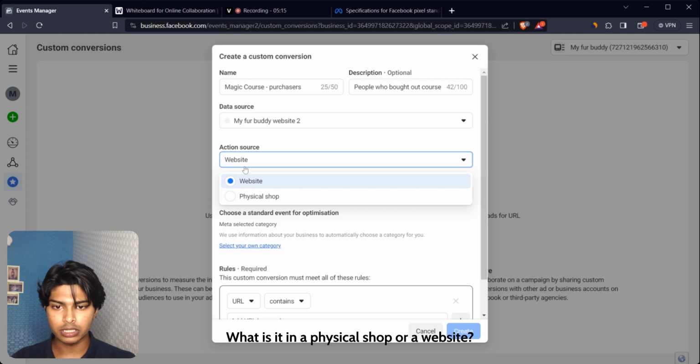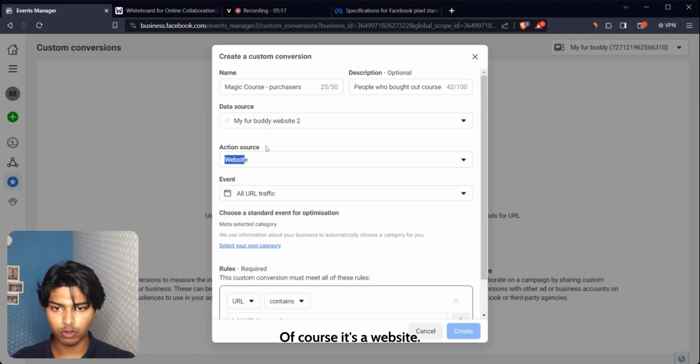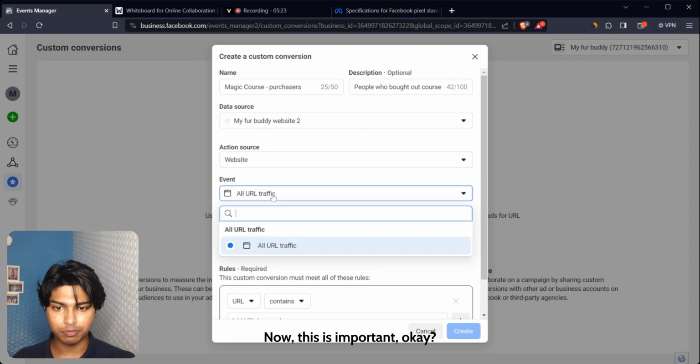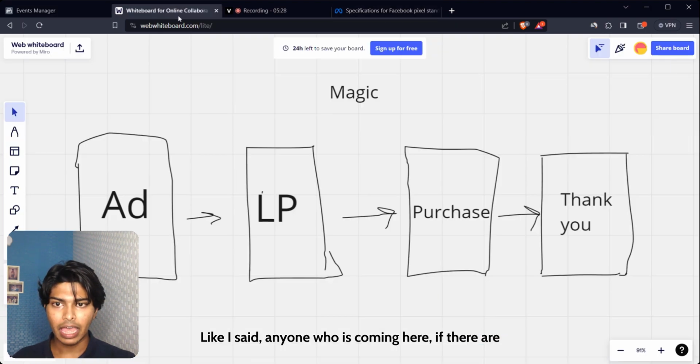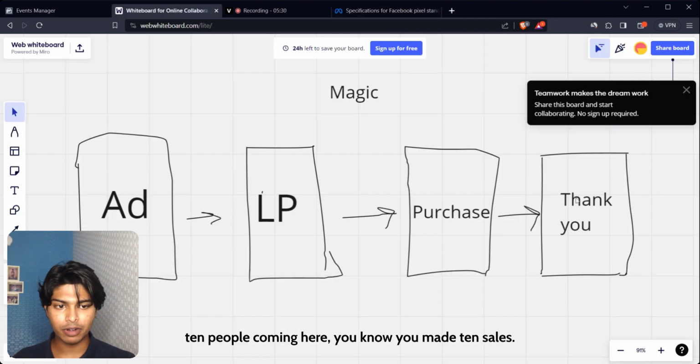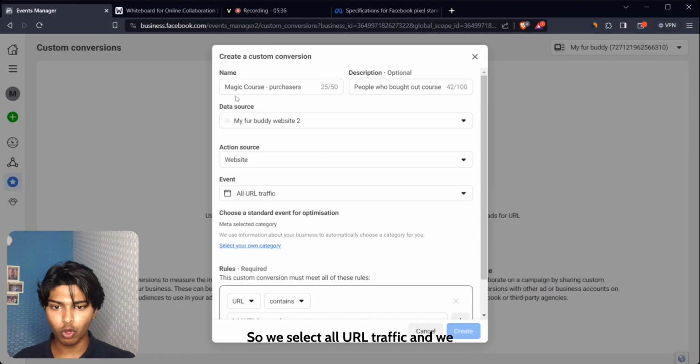Next, action source: is it a physical shop or a website? Of course it's a website, so we go with website. Now event, all URL traffic. Now this is important. We click on all URL traffic. Like I said, if there are 10 people coming here, you made 10 sales. If there are 15 people coming here, you made 15 sales. So we select all URL traffic,